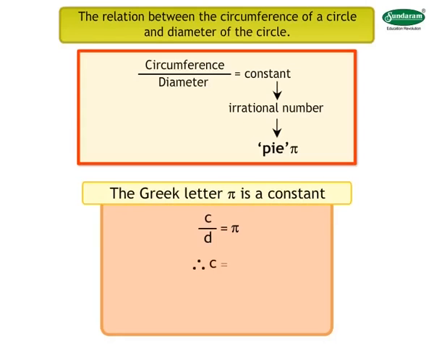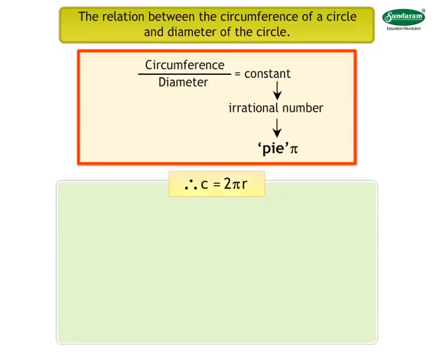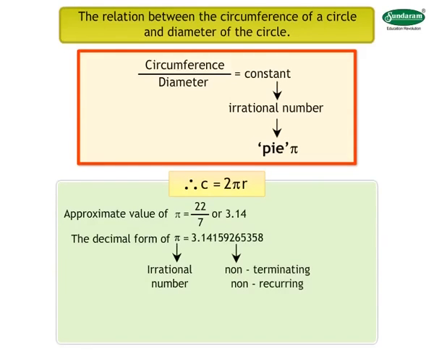Therefore, C is equal to pi d. But we know that d is equal to 2 into r. Therefore, C is equal to 2 into pi into r. The approximate value of the constant pi is equal to 22 upon 7 or 3.14. As we know, pi is an irrational number, and the decimal form of the irrational number pi is